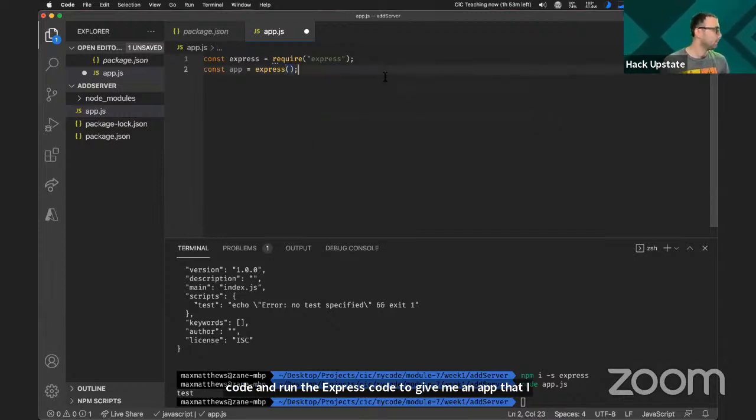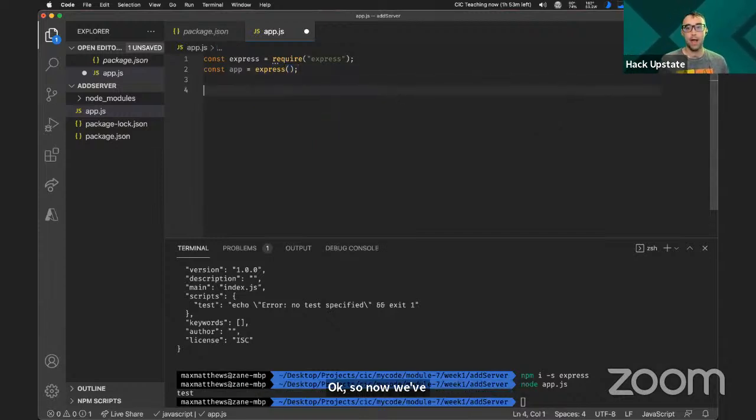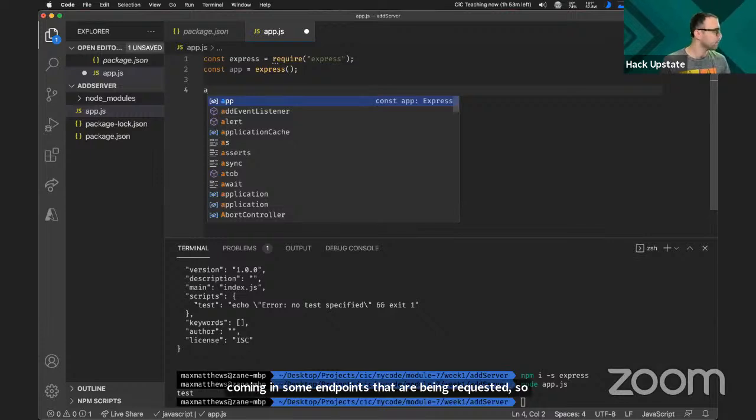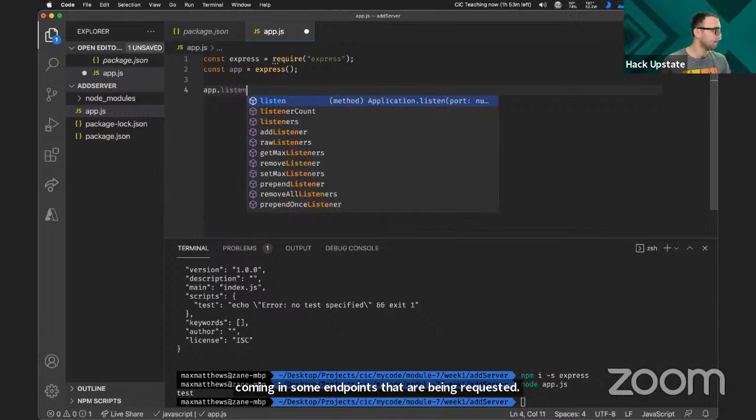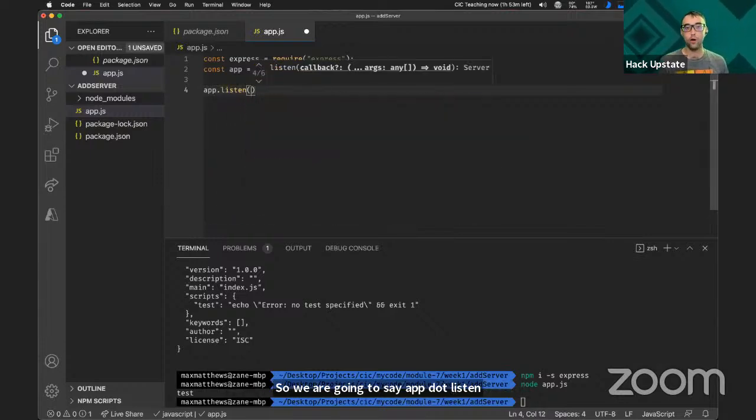Okay, so now we've got our app started. We need to tell our app, hey, listen for some calls coming in, some endpoints that are being requested. So we are going to say app.listen, and it's going to ask, where do you want me to listen? You remember when you wrote http://localhost:3000?